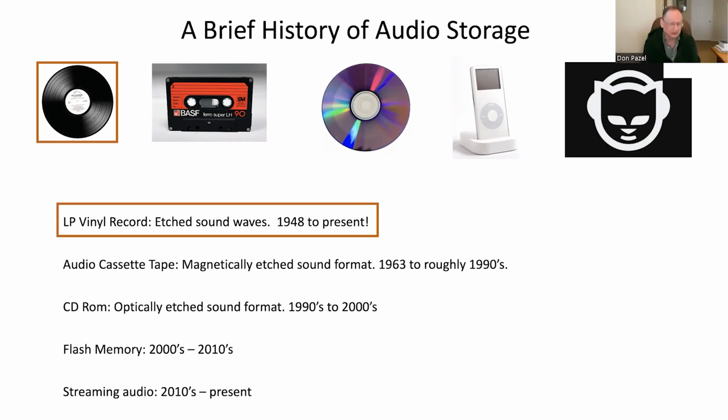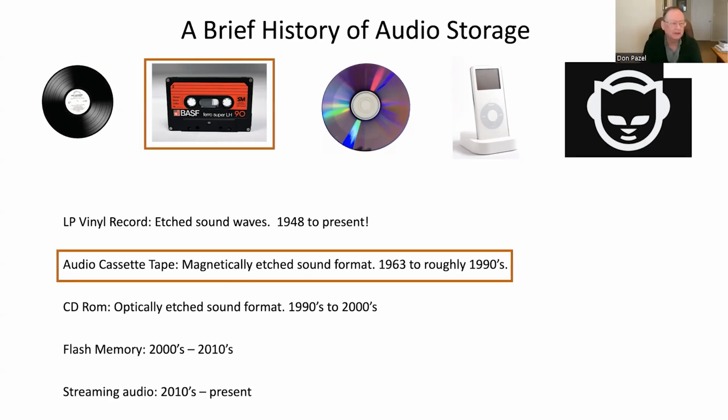And this is the way we listened to music until somebody said, hey, we could do that musical etching in a tape. We could put the musical etching in tape, and it's smaller and actually more mobile. And so from the 60s through to the 90s, people moved their vinyl recordings into tape, or they bought their music all over again. They had this tape collection. It took less room, and that was it.